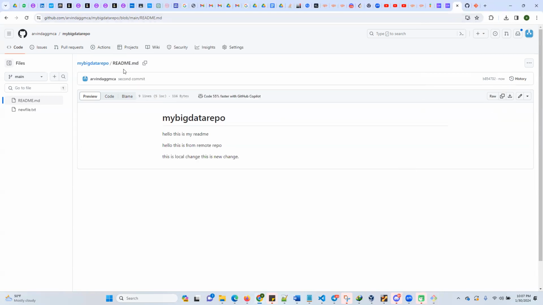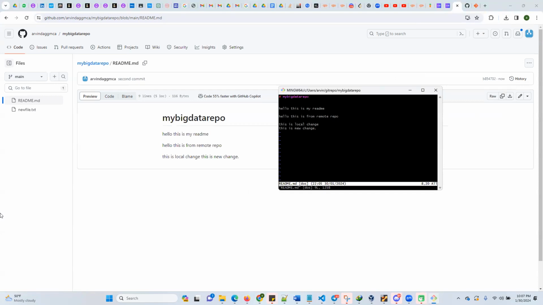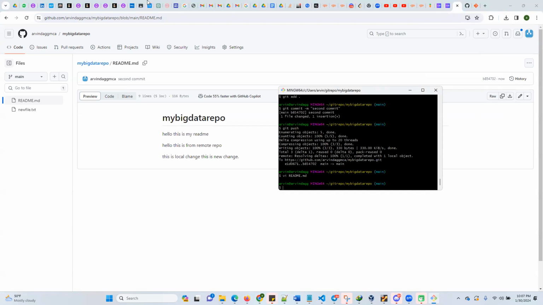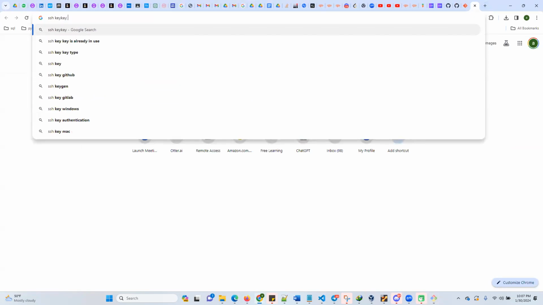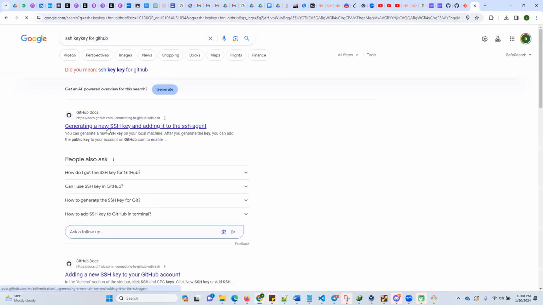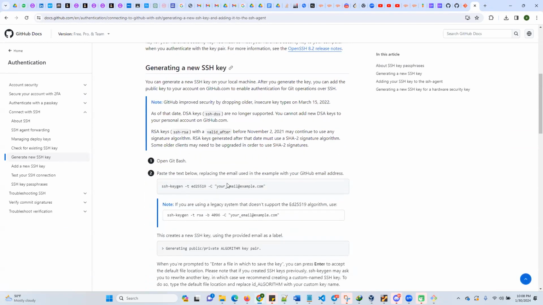So whatever I was saying about this SSH one: if you want to make it your local repo, your local machine has the SSH key, so you don't need to use the password, because mine is already set with the SSH keygen. So basically we use the ssh-keygen command, which generates a new key. So we have to first use some